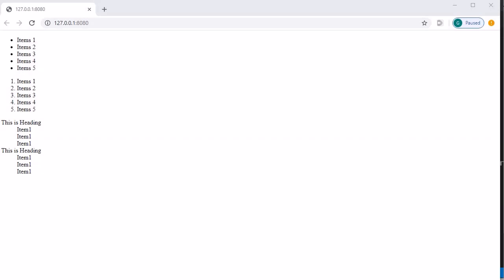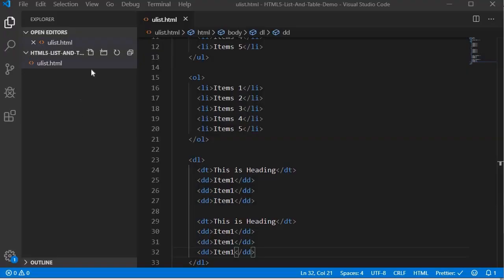The expectation for this course is that you understand how you can create different sets of HTML5 components with the use of different types of tags which are available within HTML5. So in this aspect we are learning how we can create the unordered list, ordered list and definition list as well. To keep this project in a more structured manner, I will create a folder over here